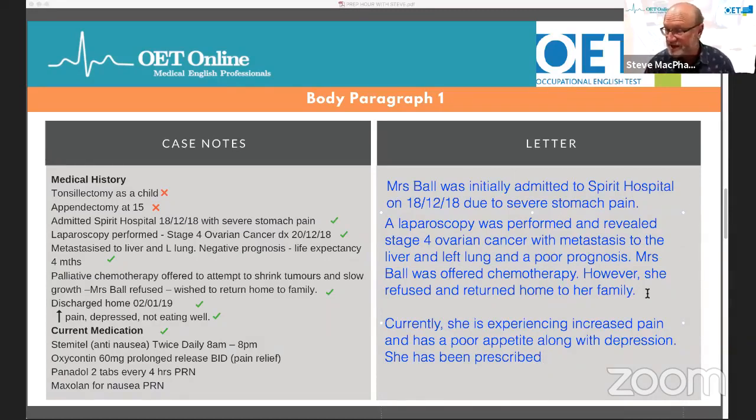Her list of medication includes analgesics. Yeah, in terms of a medication, that's all good. So she has been prescribed analgesics. It's not really regularly. She has been prescribed analgesics to manage her pain and